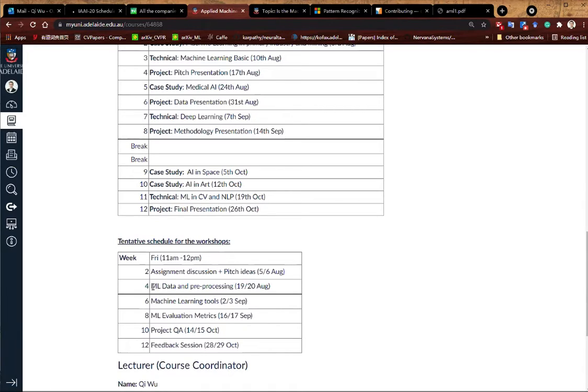For example, we will introduce machine learning data and pre-processing. Right, so you've got some raw data from a website. Maybe it's too noisy. You cannot use it for machine learning, or you cannot input it into your model. So we need to use some pre-processing technique to process that data. We introduce some pre-processing algorithms and techniques to help you clean your data,